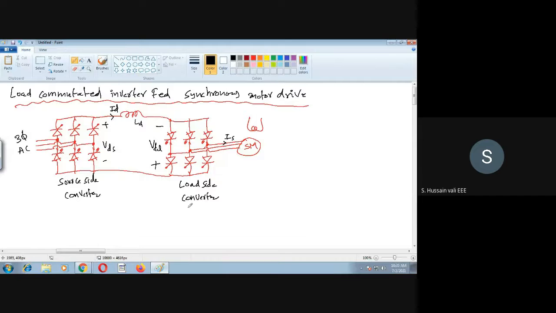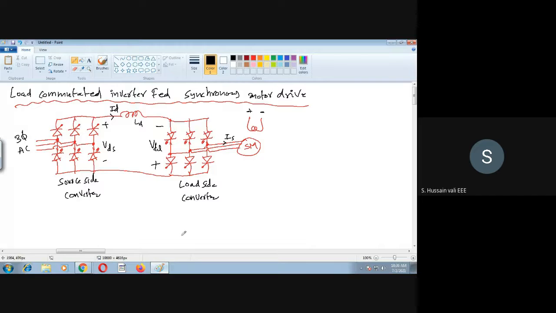We have been studying this, that you have two full converters. In between you have an inductor. So one full converter will act as a rectifier, another will act as an inverter. This is the case we have studied even in the induction motor. The same case we will do for the synchronous motor also. But the difference here is that the stator, the armature supply, will be given from this one, whereas the field is given from your DC. This you know, for the synchronous motor.